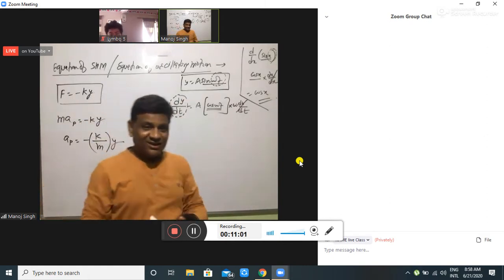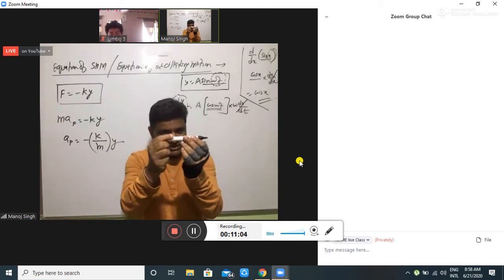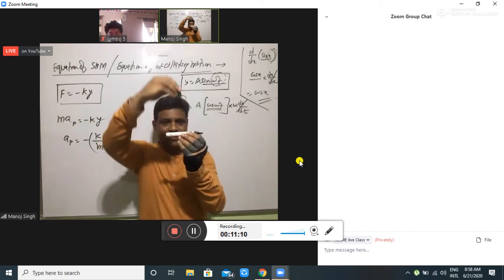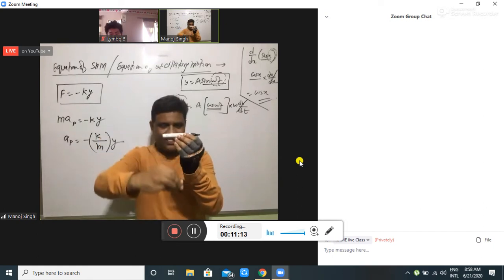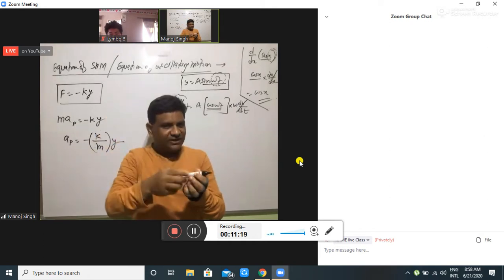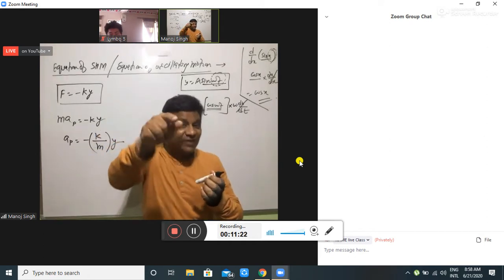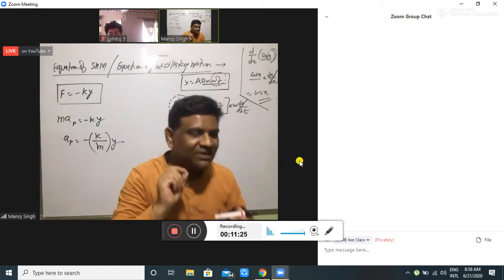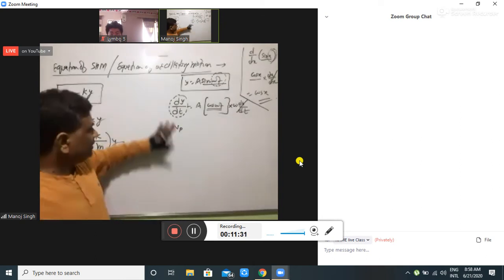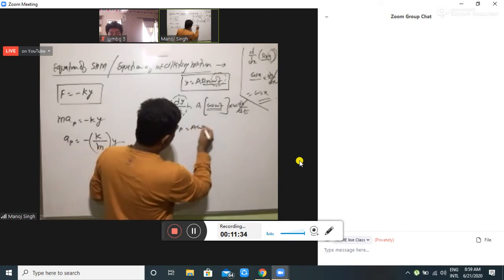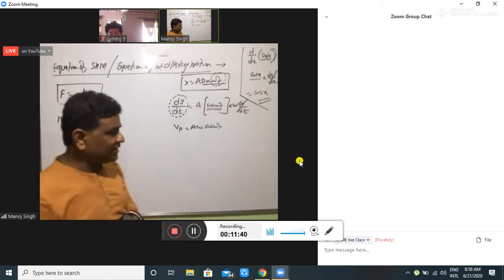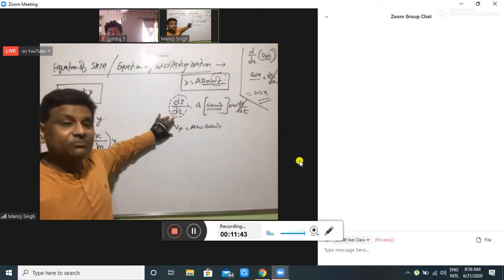The velocity of the particle. As you know, all students here, this is the mean position. Here is the particle. Now the particle is oscillating in this way. A particle of the medium is oscillating in this way here. So if we differentiate y with respect to t, it will give the velocity of the particle. So this is nothing but the velocity of the particle. So the velocity of the particle is equal to A omega into cos of omega t. This is the velocity of the particle of the medium.